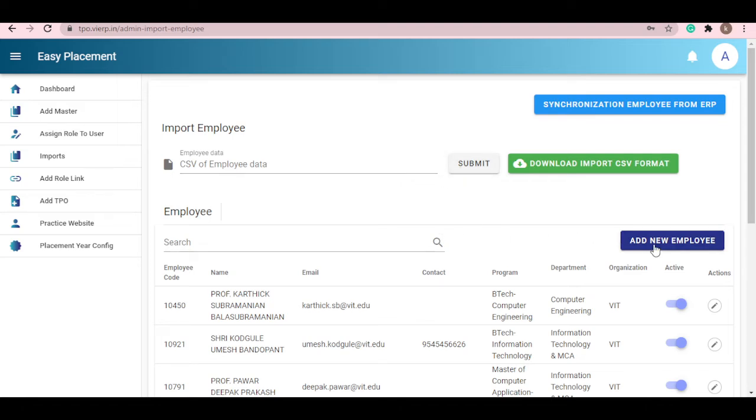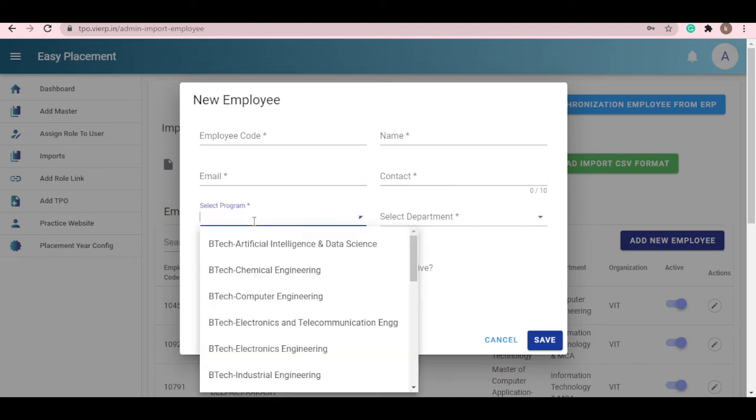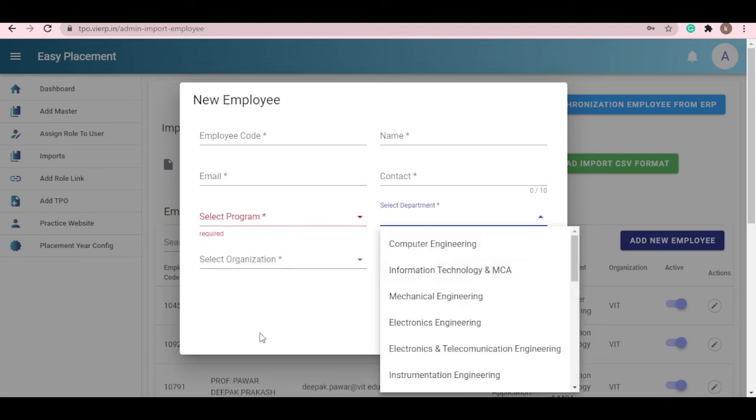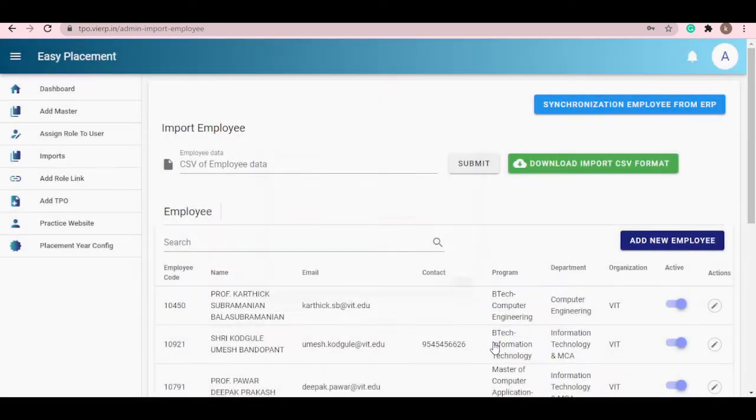Similarly, if you want to add the employee details individually, then click on the add new employee, write down the employee code, name, email ID, contact, select the program, select the department, select the organization, and if the new employee status is active, then select the active and click on the save button. And if you want to synchronize from the ERP, then you have to just click over here, synchronize employee from the ERP. So the newly added employee with their details will be visible here.